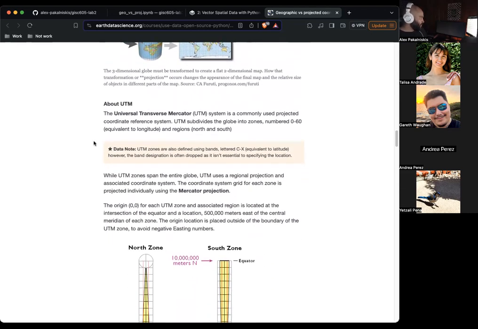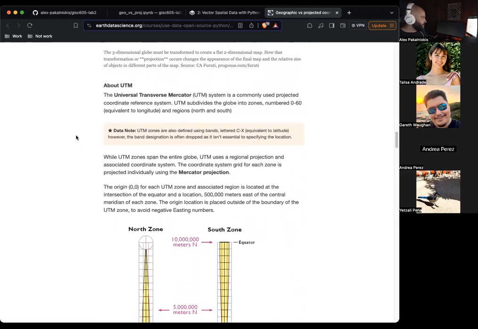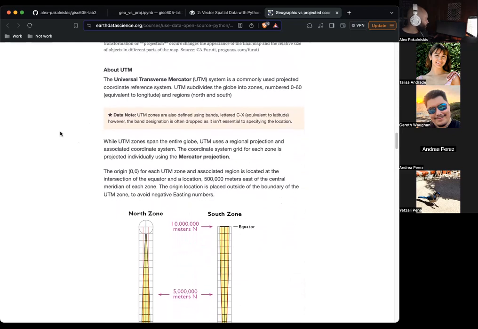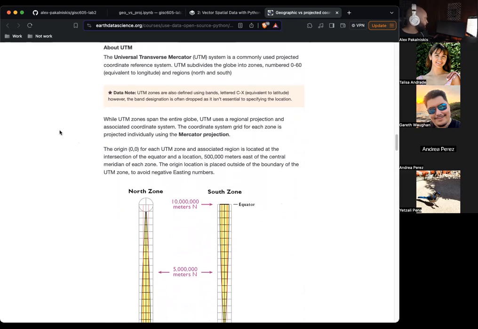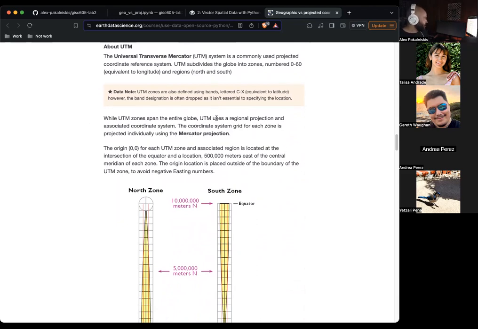So a common one that you'll hear about is UTM, Universal Transverse Mercator. The whole globe is divided into UTM zones. I think we're in UTM zone 11 North in California. Different places have different zones, but each zone has its own projection that's optimized for that region.